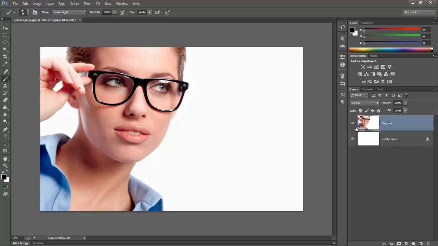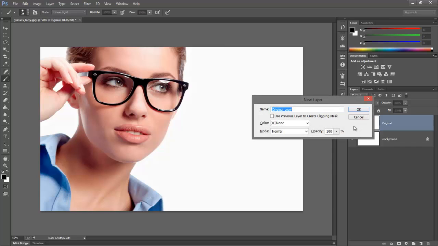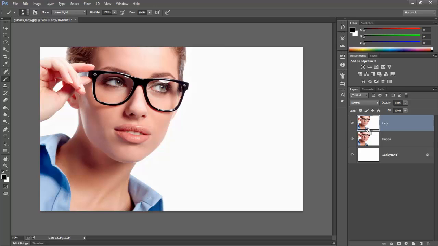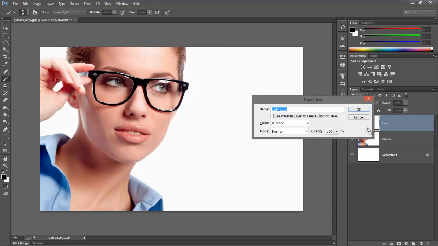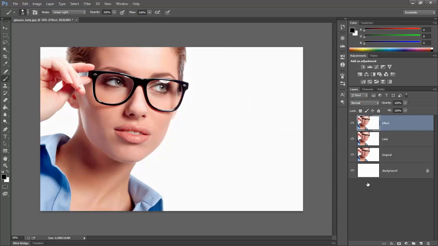So let's duplicate this a couple more times. I'm going to use the keyboard shortcut Control-Alt-J, and I'm going to call this one Lady, press OK, and then Control-Alt-J again. I'm going to call this one Effect and press OK, and that gives us our 3 copies of our image. Okay, we can hide the original layer here, and we leave the lady layer visible and select the effect layer here,